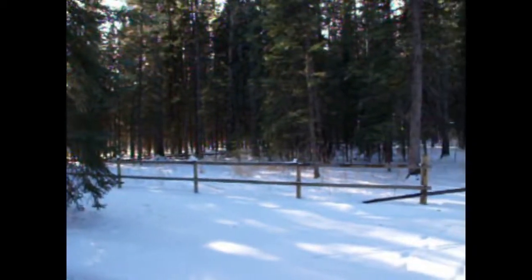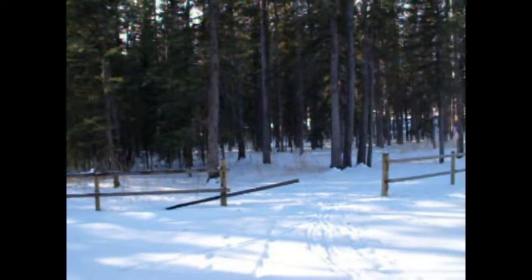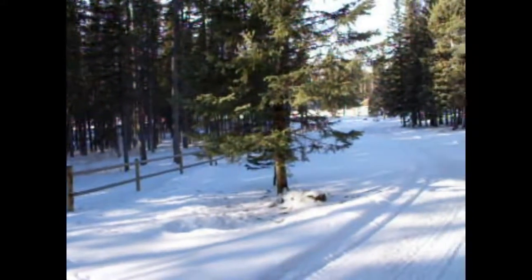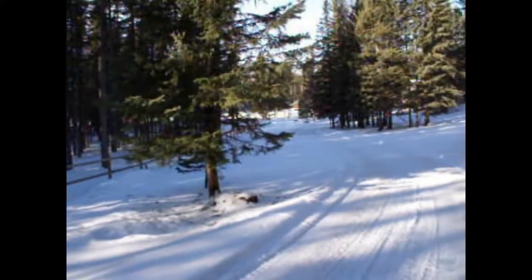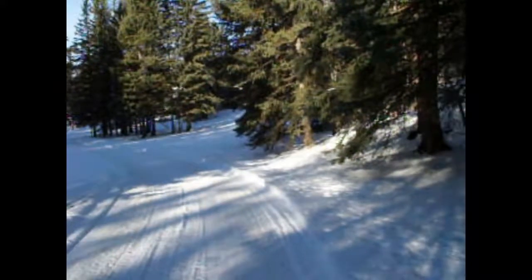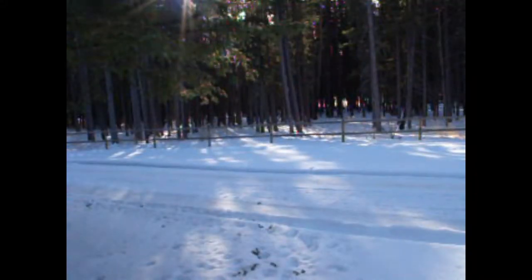turning to the southwest, looking at the forest and into the open area where there is a bit of lawn and up against the house there. Video number 4,